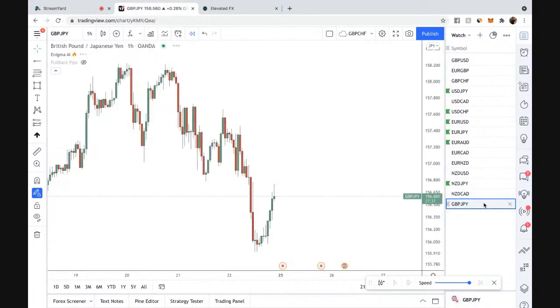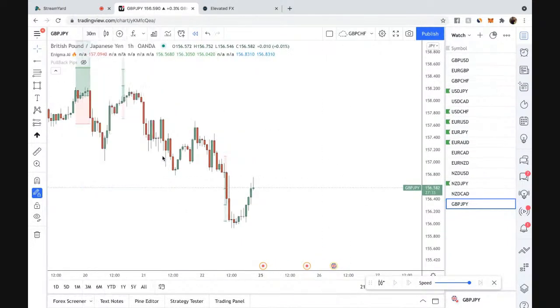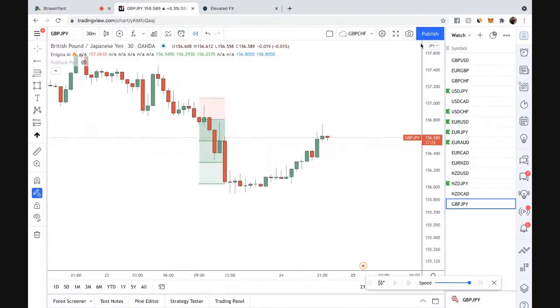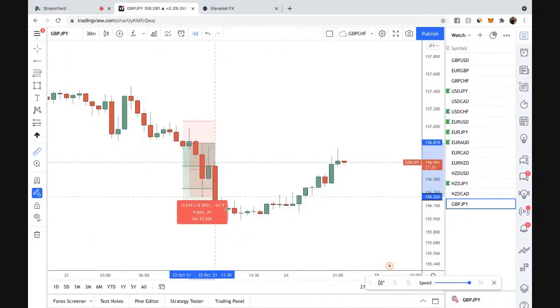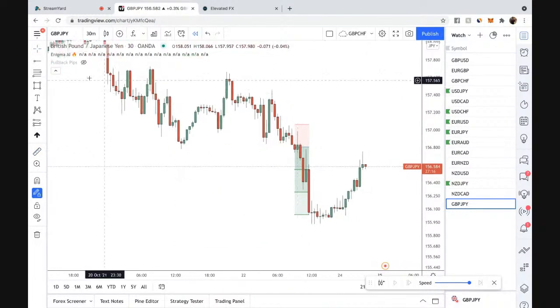NZD CAD, nothing. GJ actually went straight into profit. I talked about this one on Friday. This was a Friday New York session move, right? Literally, yep, 9 a.m. I remember, got the alert. This bad boy went straight for about 90 pips, I believe. Sheesh Louise. But let's talk about it, right?